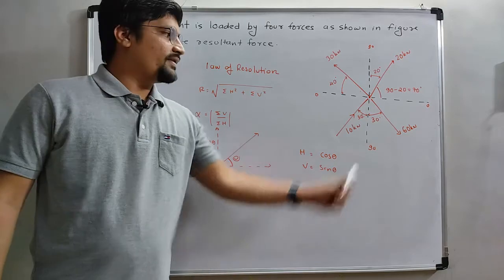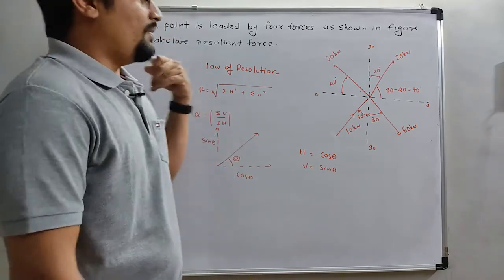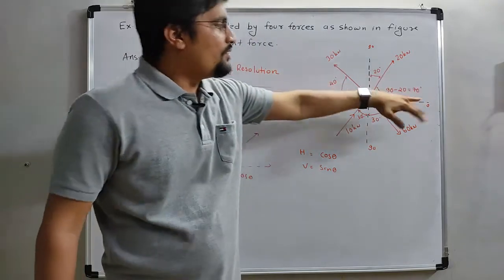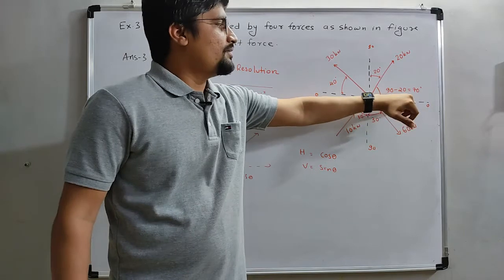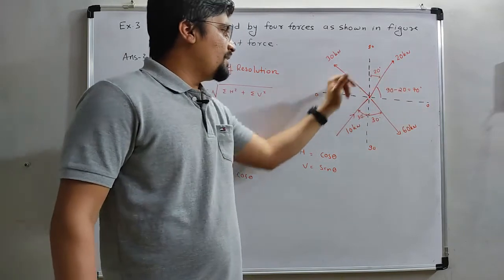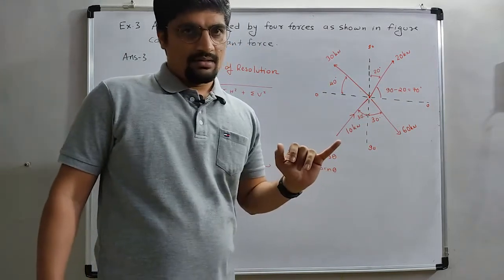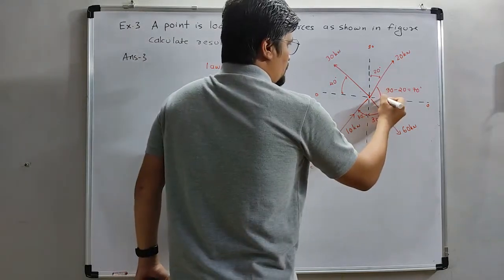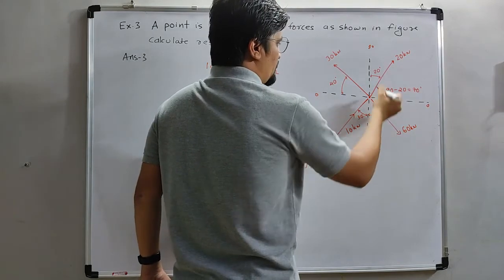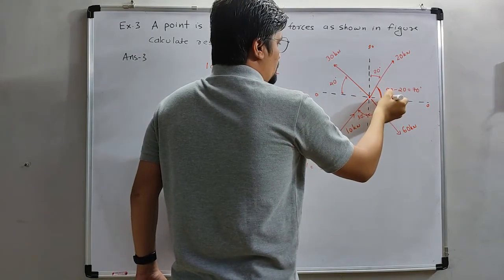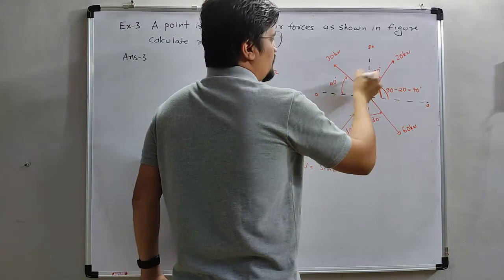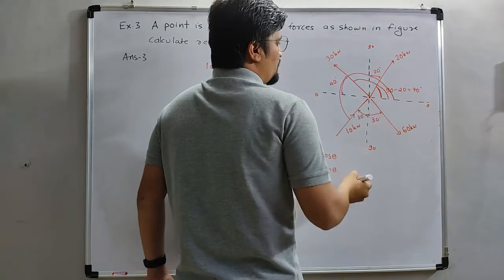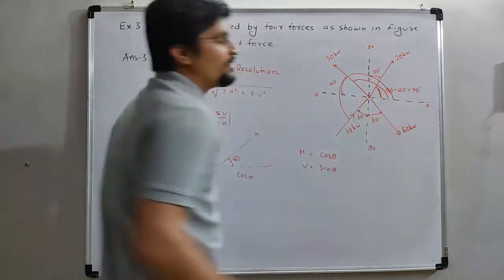You understand this now. But in the second method, you need to start calculating from here and make a circle of 360 degrees, like the whole circle bearing method. So first calculate 20 cos 70, then calculate 30 cos this much, then calculate 10 cos this much, then calculate 60 cos this much.